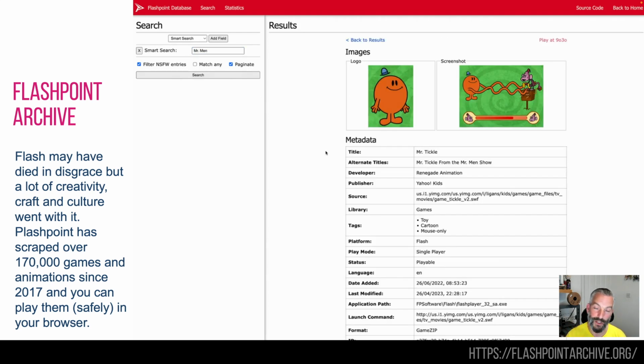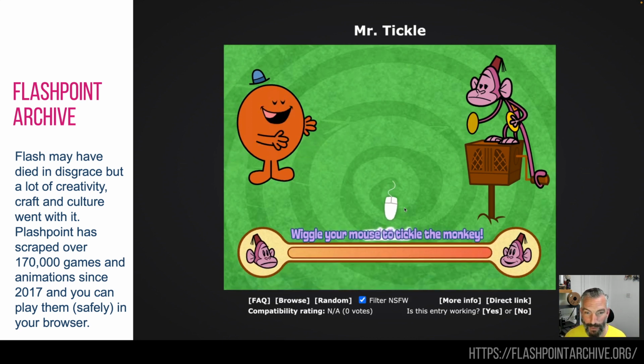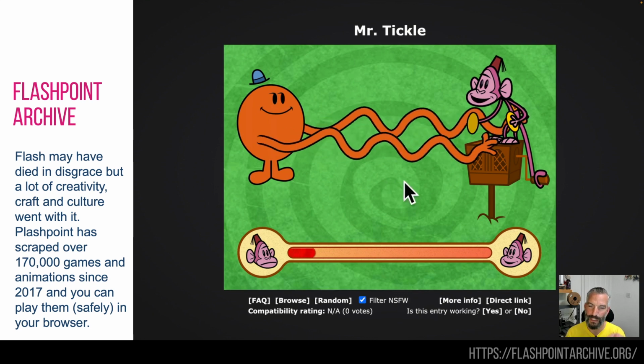You can then go and play it directly in your browser. It works, I'm not sure on mobile phones. I haven't had any success, but if you've got a desktop browser, then here you go. Another game I was involved in, Tickling a Monkey for Mr. Men. There you go. So the wider point about this, by the way, is that there's a lot of culture,